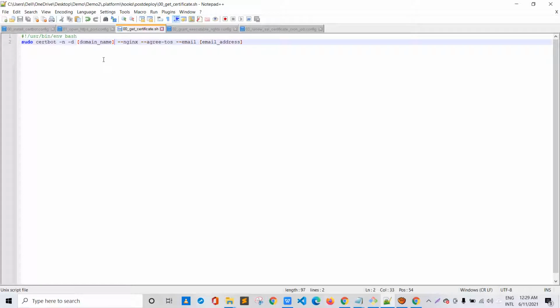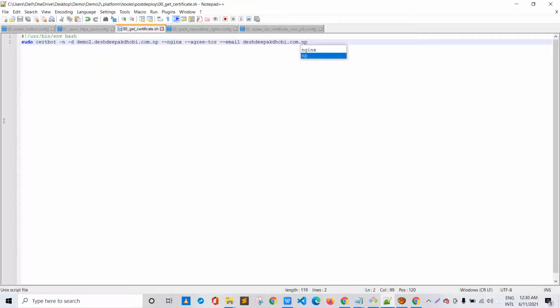So instead of domain name, we'll be putting in our domain name, that is demo2.deepak.ob.com.np, and instead of Nginx, if you are using Apache servers, then you can give it the name Apache. I'm using Nginx, so I'll be keeping that one as Nginx only. And instead of email address, let me give the email address of my Gmail account, deepak.com.np, and yes, we are okay to go.